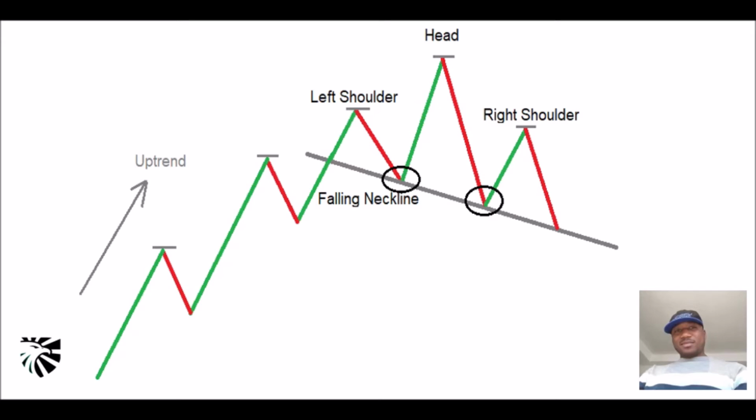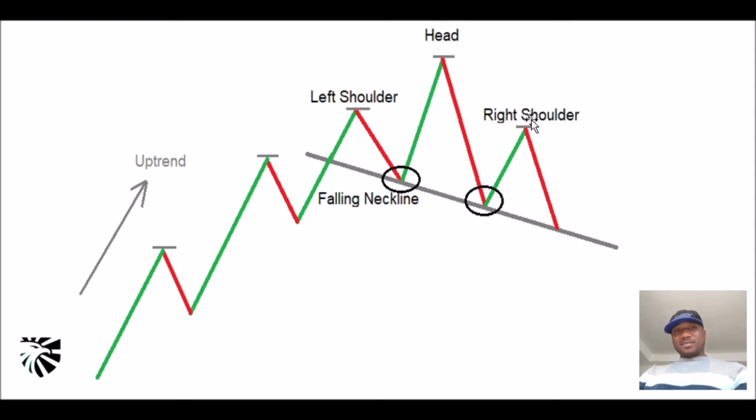Now the next thing I'll be talking about is the fallen neckline. The fallen neckline is a kind of neckline that you have, if you can see this, between the left shoulder and the right shoulder, right? If you put a trend line here, it's the same thing as the horizontal neckline. Price is to the upside, creating higher highs to this point, right? And at this point, the right shoulder